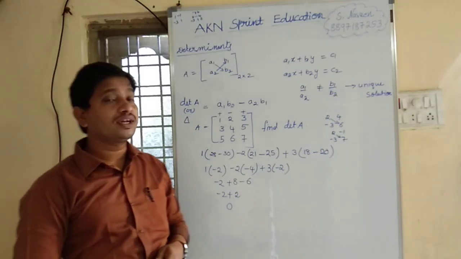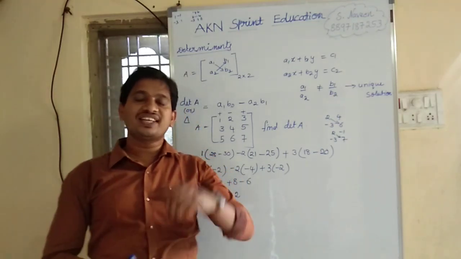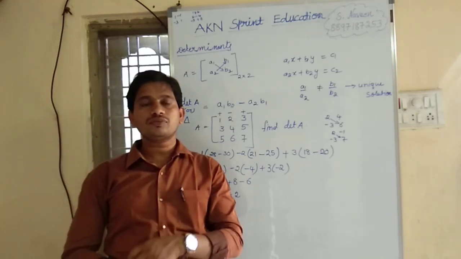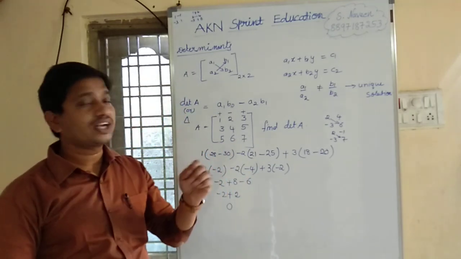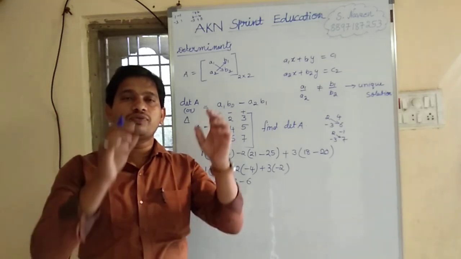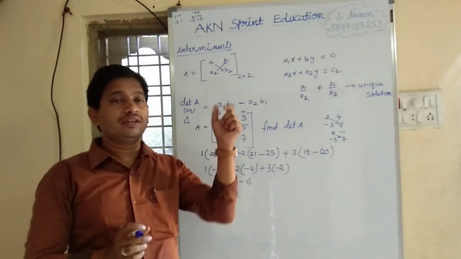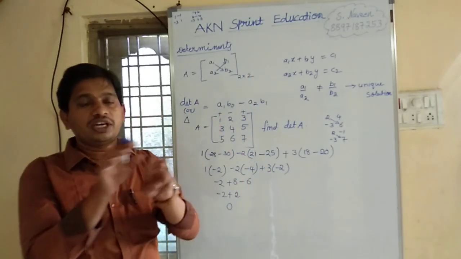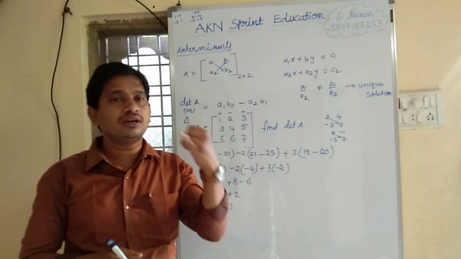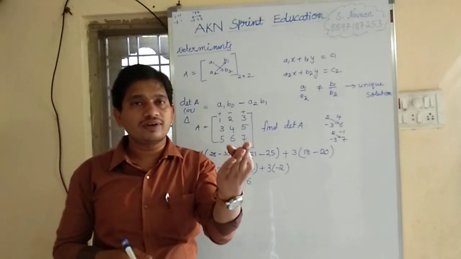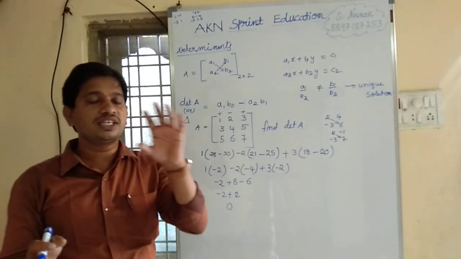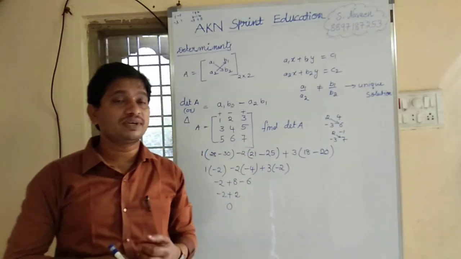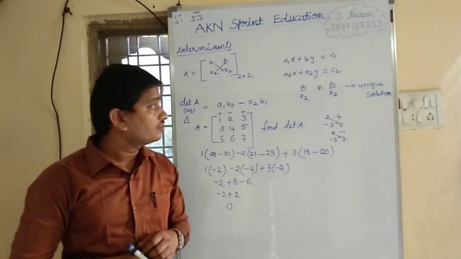Okay children, I hope you understood how to find the determinant. In the next video, we will discuss how to find the minor of an element and how to find the cofactor of a given matrix. Once you understand the determinant, there we can find minor and cofactor easily. These three are a little bit interrelated. One is determinant, second is minor, and third is cofactor. Once you understand these three topics, we can go with Cramer's rule, the inverse method and the Gauss-Jordan method. I hope. Thank you, children.